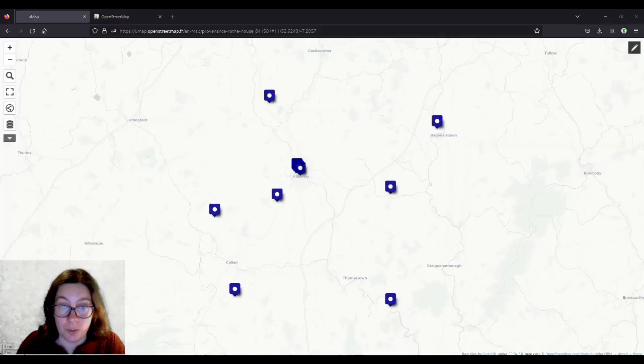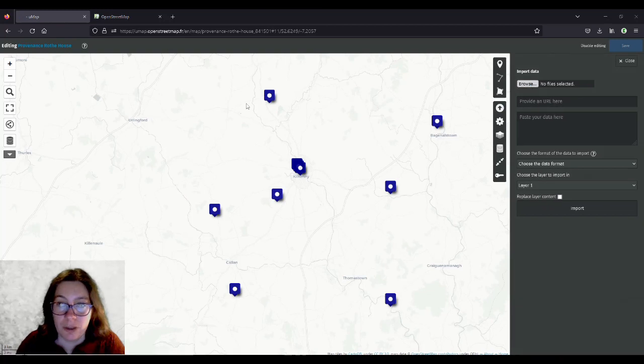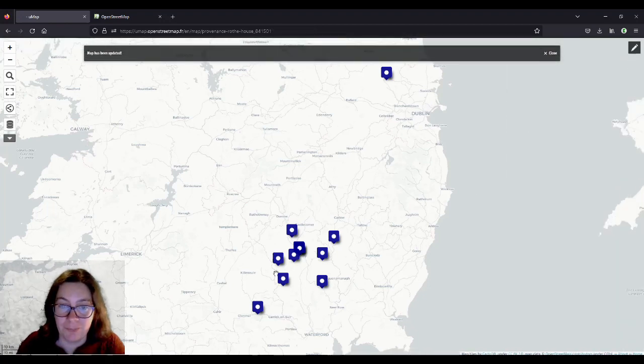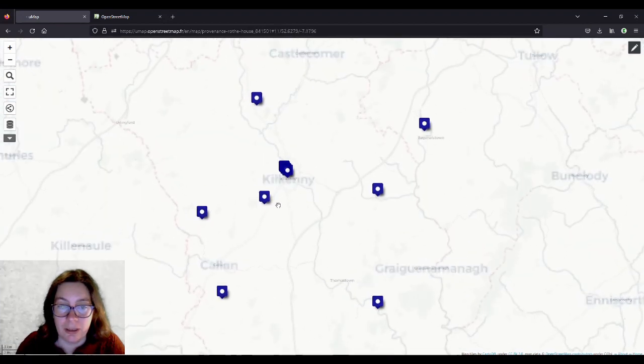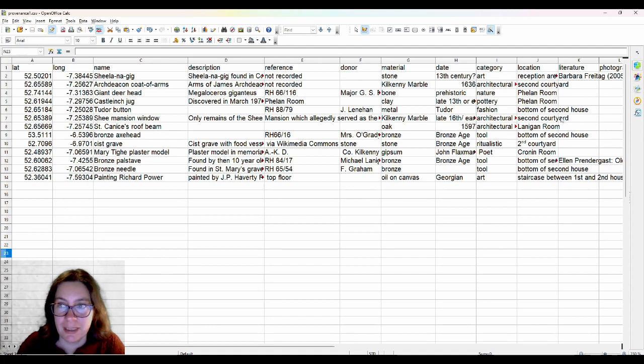And we're going back to UMap, into the import, browse, choose our file, and replace the layer content, which again is very important. It doesn't look different for now. We'll save this. It'll just jump out again, finding the center of our view. Save that and disable editing. If you click on any of the random things there, you now see that it has the name and the description.